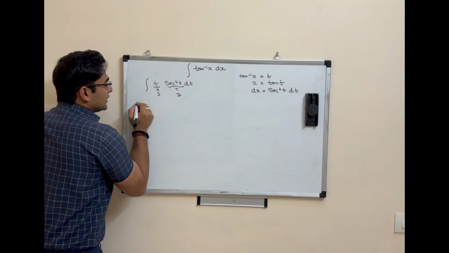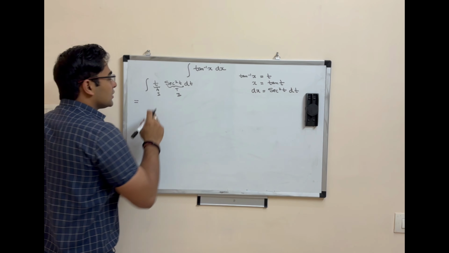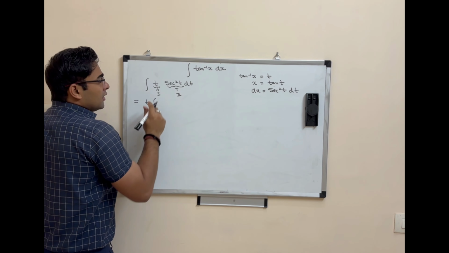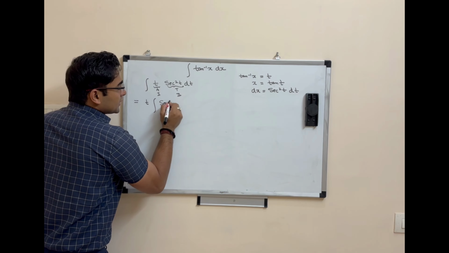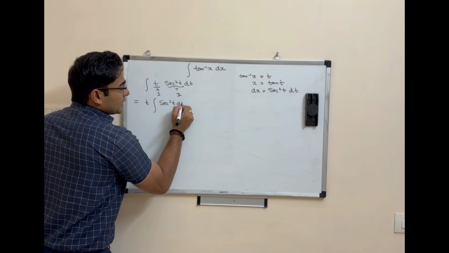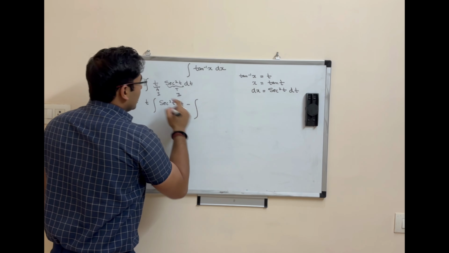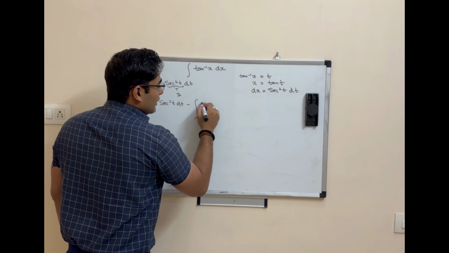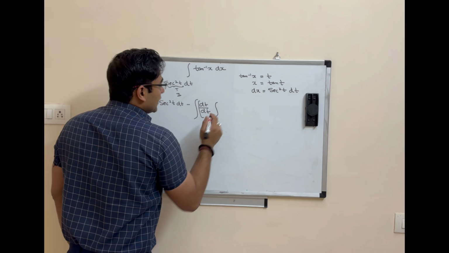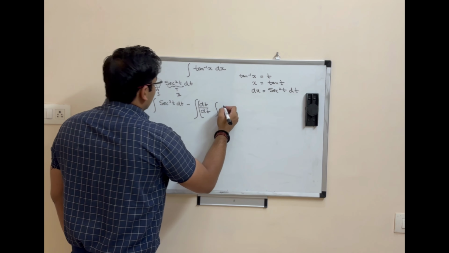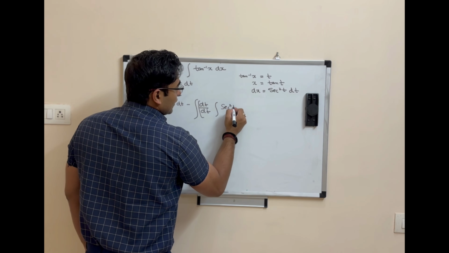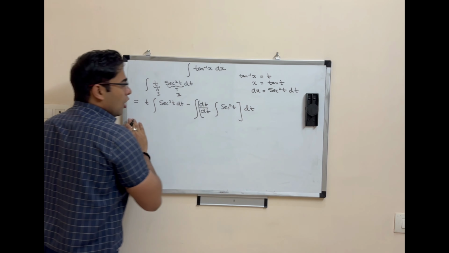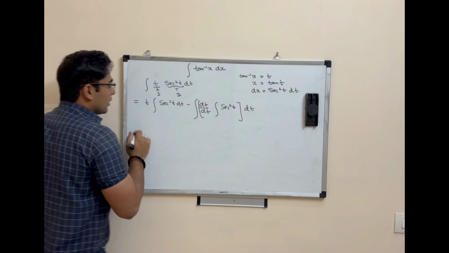Now in order to solve this, again we'll apply integration by parts. So it will be nothing but u integral v dx minus integral of du by dx times integral v dx, the whole dx. So this is how you will expand it through integration by parts.